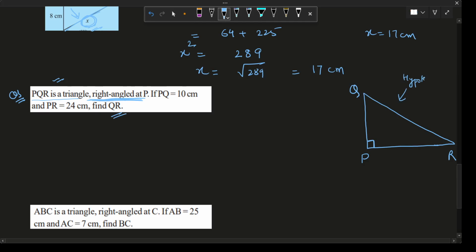Correct or no? So please take care कि आपको क्या सर्च करना है यहाँ पे कि right angle कहाँ पे बन रहा है, किस vertex पे मेरा right angle बनना है. You have to check that. Okay, अभी क्या क्या given है? PQ 10 centimeter given है, write it down.